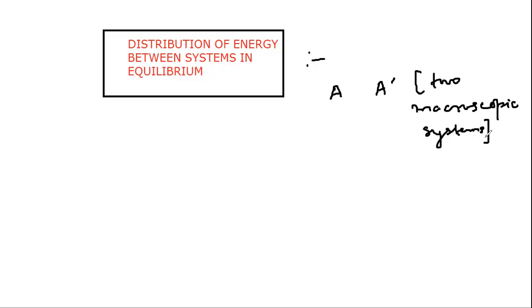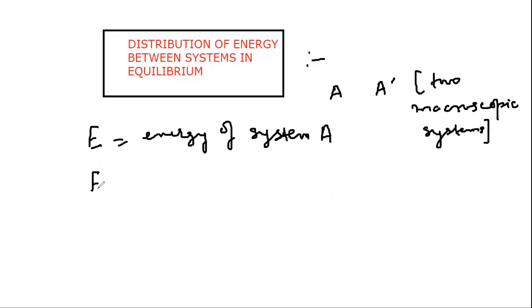So we denote the respective energies of these systems by E and E prime. So E is the energy of system A, and E prime is the energy of system A prime. Okay,